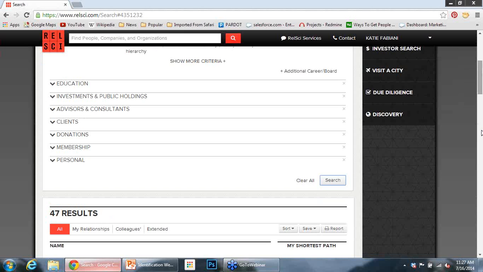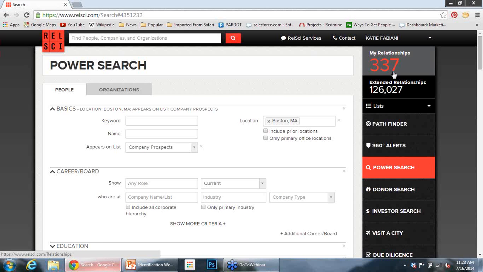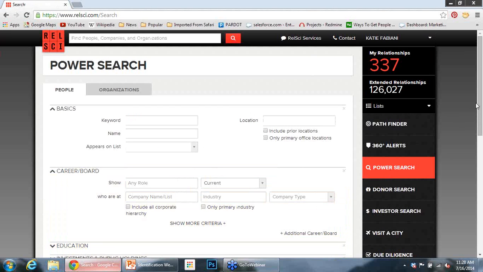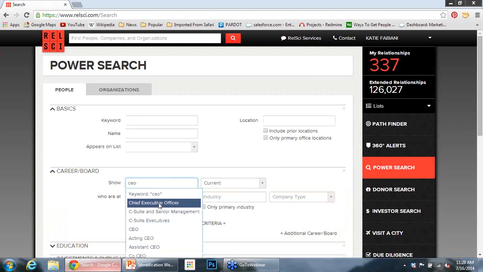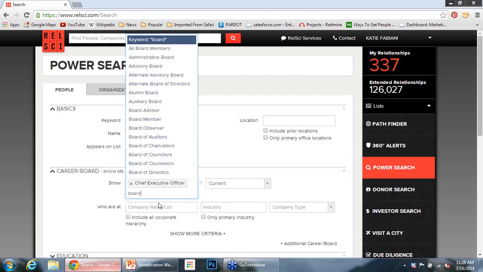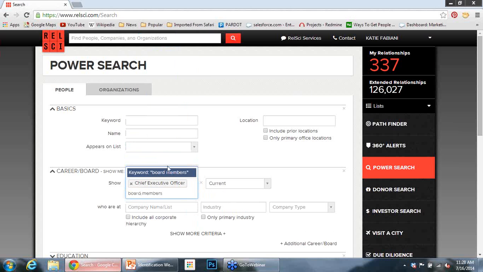Okay, and one last question. When entering a search for multiple criteria in the same search field, are you able to put in an AND search or an OR search if you're looking to search for multiple roles? Yes, you are. So when you're in the Power Search tool, there are some sentences that guide you whether you're doing an AND search or an OR search. If you're entering criteria for a role, such as you want to look for CEOs and/or board members, and you type in both of those roles,